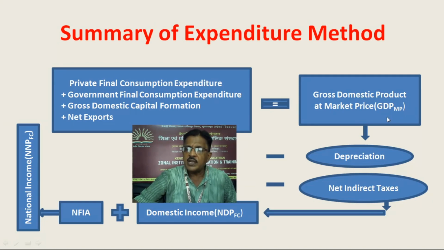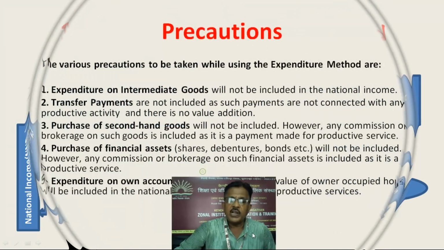From this GDP at market price, if you deduct depreciation and also deduct net indirect taxes, we are getting this NDP at factor cost, that is domestic income. And to the domestic income, if we add this NFIA, then we get the national income, that is NNP at factor cost. So, precautions while